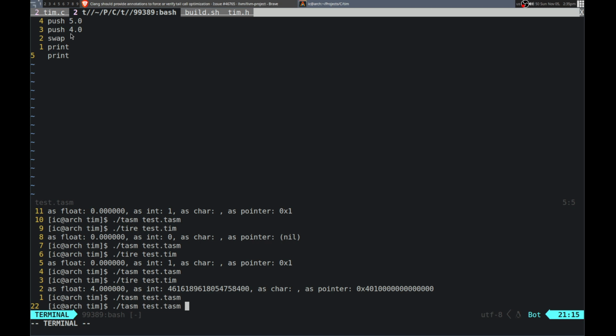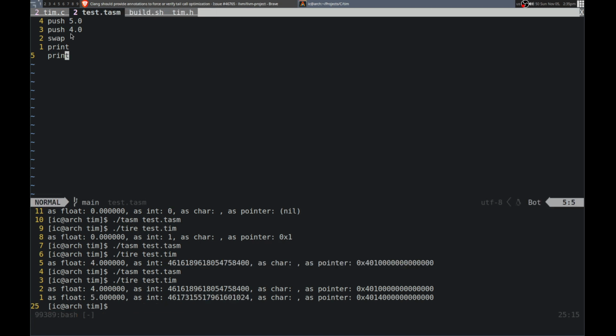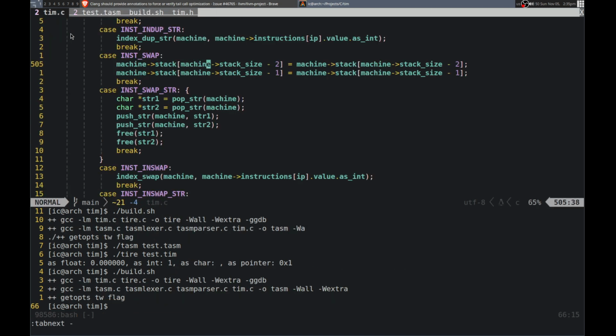Yeah, so actually that is not right. Because I want 5 to be on top when I swap it. So I think, actually I just set this to the same one. So,